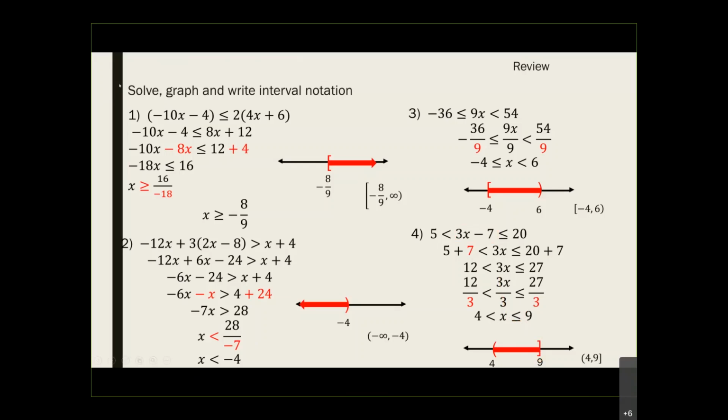For the first page, the three things you need to remember are: if you divide by a negative number, your inequality switches direction. If there's an equal sign under the inequality, you use a bracket. And if they don't have it, you use a parenthesis. Okay? So if you don't have a question about the interval notation or inequality,